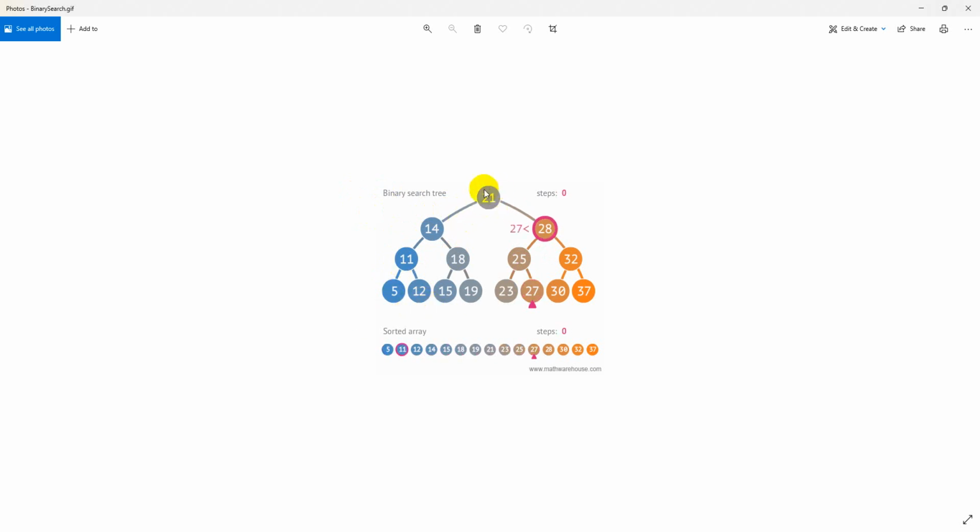The first element can be called technically a root element. Whenever you have children, that element can be called a parent element. Here 14 and 28 can be called parent elements, because 14 contains 11 and 18, and 28 contains 25 and 32. If you observe carefully, the binary tree is always going to save its data in order: on the left side you will have the smaller values, on the right side you will have the higher values. Remember this point. Along with this, we are trying to implement the program.